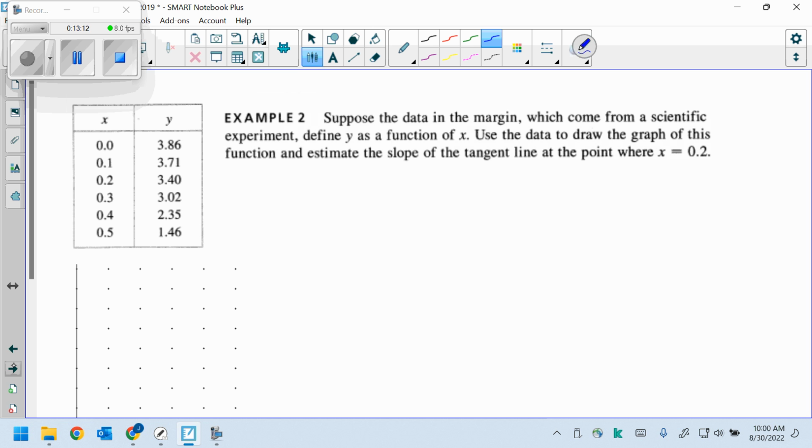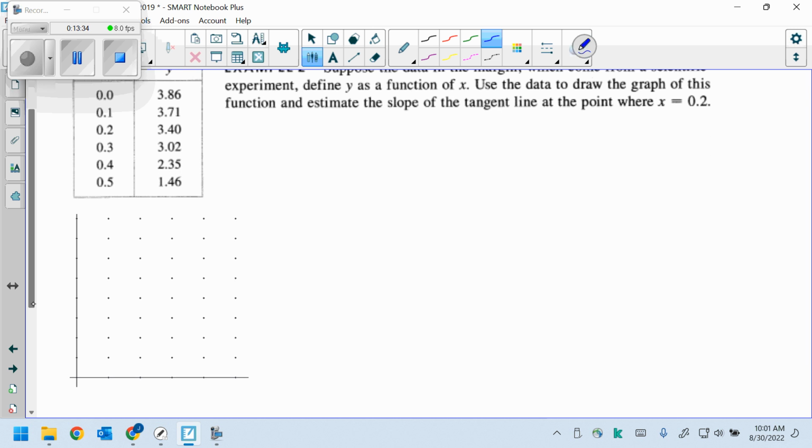Suppose the data in the margin here comes from some scientific experiment. Y is a function of x. Draw the graph of this function and estimate the slope of the tangent when x is 0.2. Okay, I'm going to press pause, you press pause, you plot those points. I will tell you this, before we plot these points,